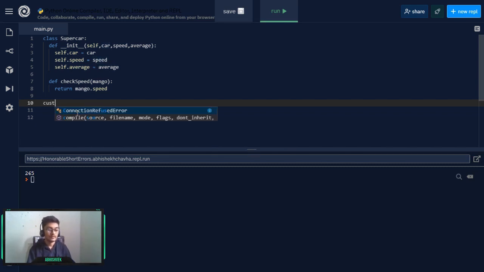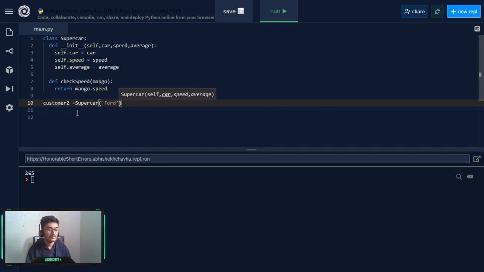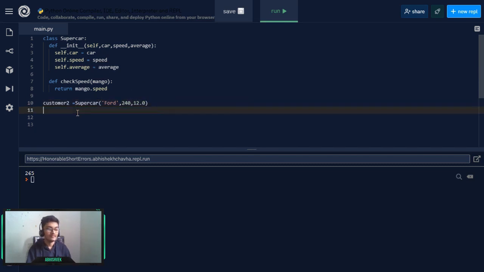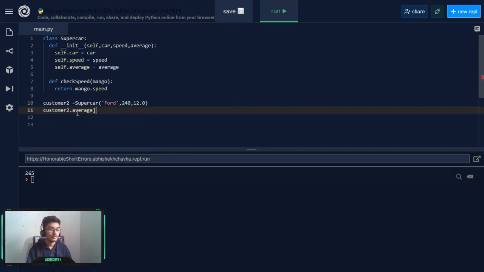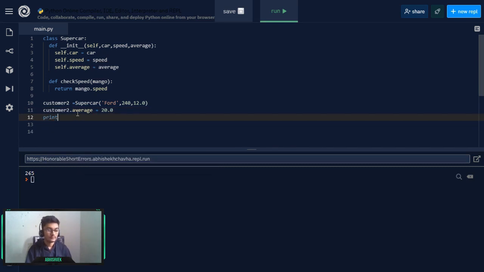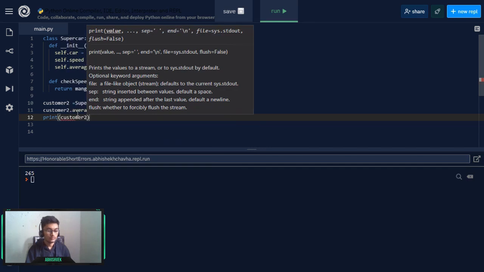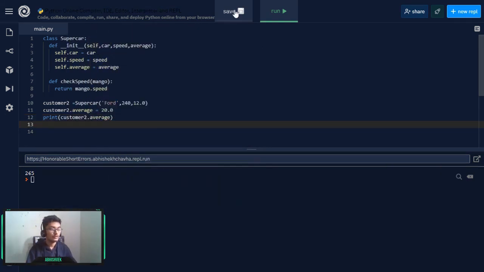That is, suppose I have written a customer 2 is equal to supercar, and let's provide a name of say Ford, and let's say 240 speed and 12.0 average. And if I write customer 2 dot let's say average, and I can change the average from here, it is 12.0 here, so I can write here 20.2. Okay, we have this thing here. And if I try to print customer 2 dot average, we will be getting this new value because of this self that we have instantiated up,